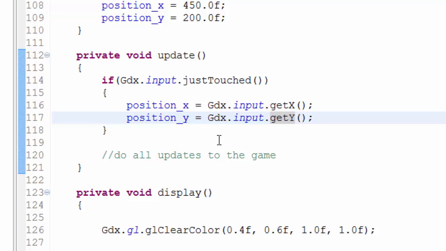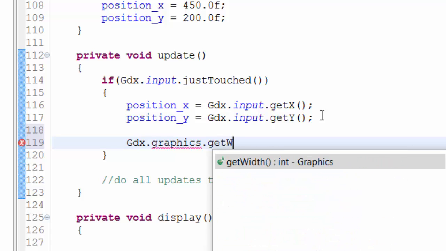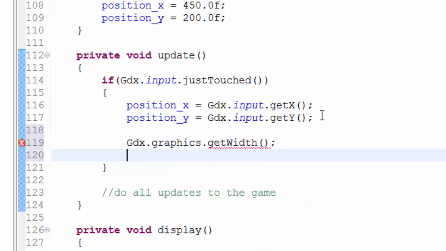this is simple enough. There's a function that you can use, which is called gdx.graphics.getWidth, and another one, gdx.graphics.getHeight, which simply give us the width and height of the current interface, the current window that we're working with at this point. So you can take that height and you can subtract from it the y coordinates that you get, and the reason for this